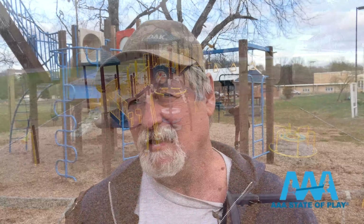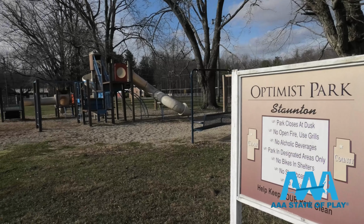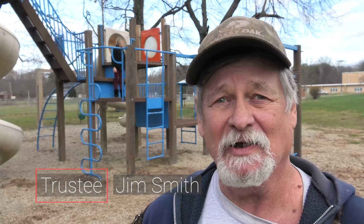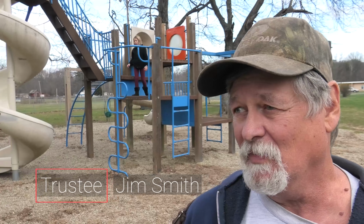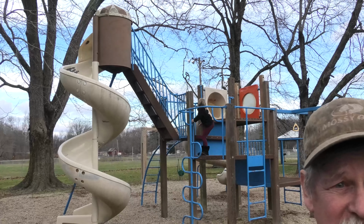Somewhere about 1984 or 85. Jim Smith is the township trustee in Staunton, Indiana. He says despite the age of the playground at Optimist Park, it is still popular. It's time. It's used a lot, and as you can see, it's got some wear. I can no longer buy replacement parts, so we had to kind of hodgepodge together some stuff to keep it